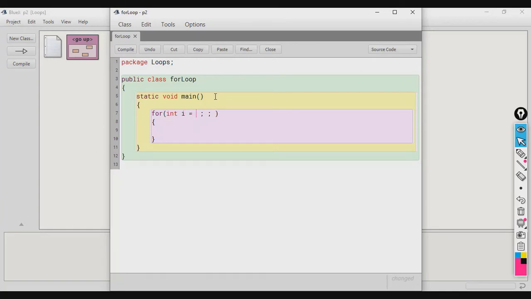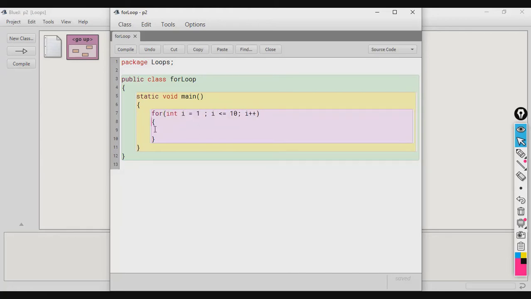Let's initialize it with 1, and the condition will be i less than or equal to 10, and then I've got i++. That means in each iteration the value of i will be increased by 1. So this is the initialization, this is the condition, and this is the update statement.